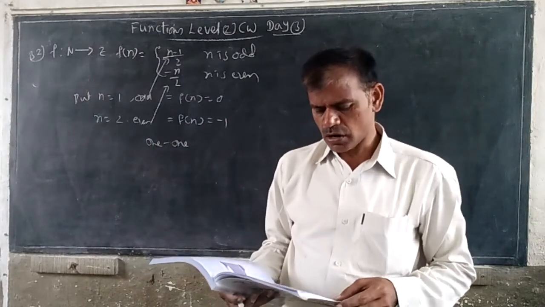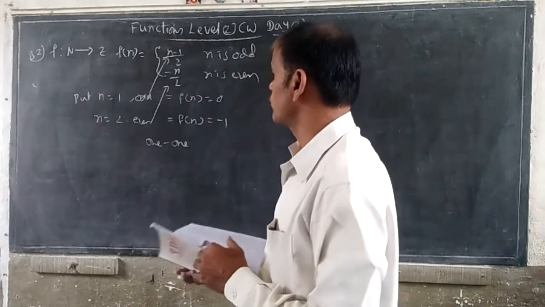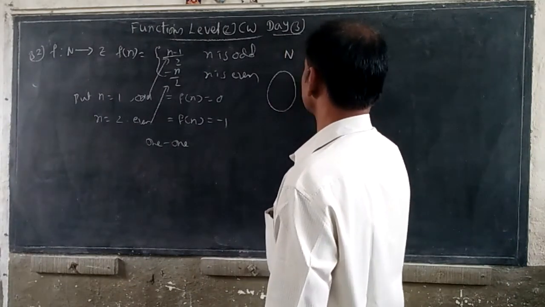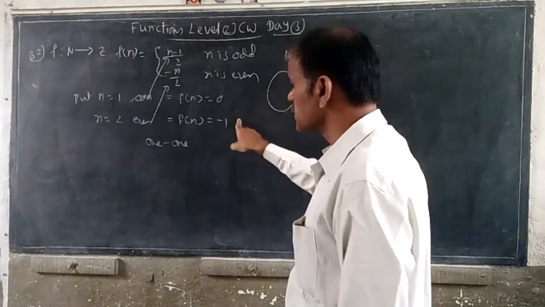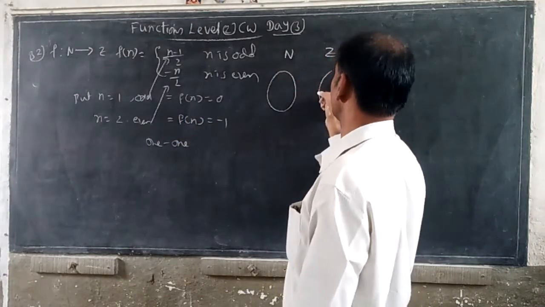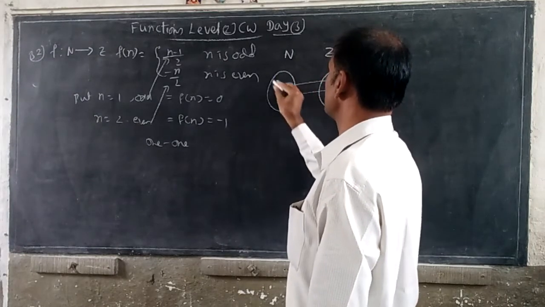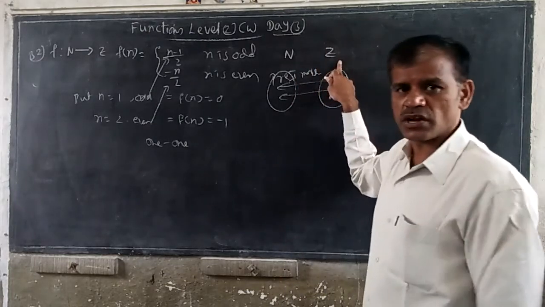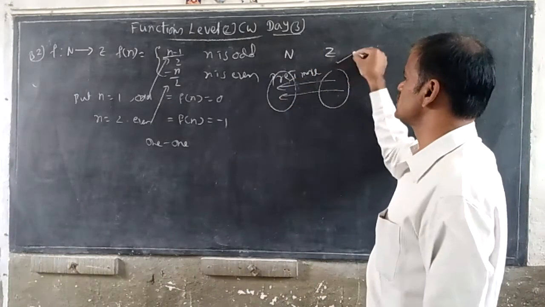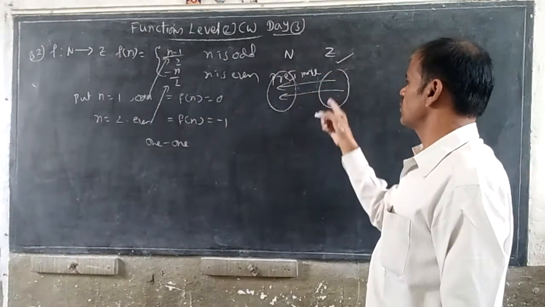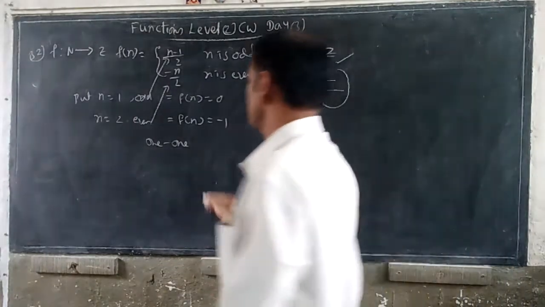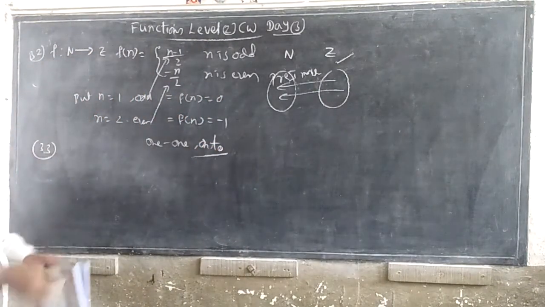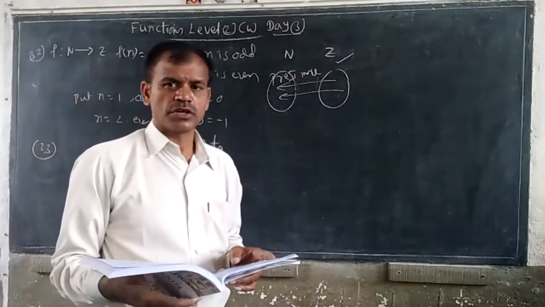Okay, let us discuss about onto, N to Z. This is N, this is Z. Because we are getting negative numbers also, for every negative or positive number here, a pre-image will be there. If the domain is N and the range is Z, then we can say every number of this set Z has a pre-image. That is why it is onto. So 1-1 and onto both. We can say it is a bijection. In the options he gave, only 1-1 and onto, the third option.